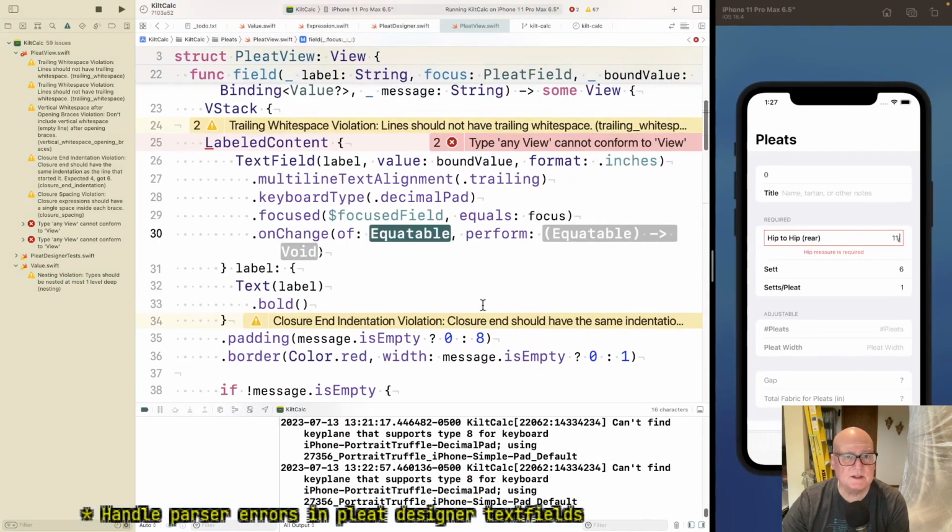The thing that's changing, I guess that's bound value.